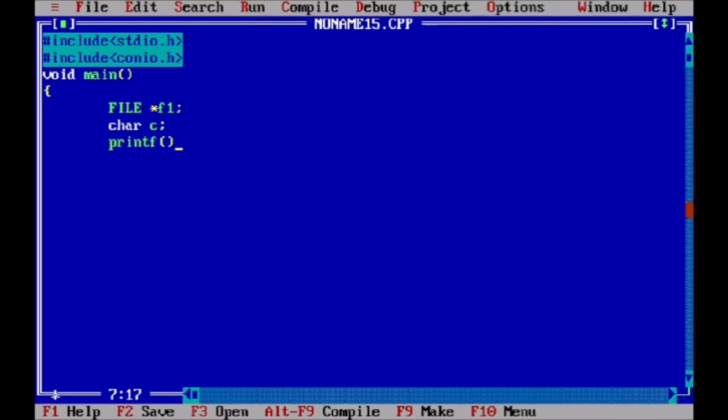Now we enter some data: in a printf statement we write "data input" for simple understanding.